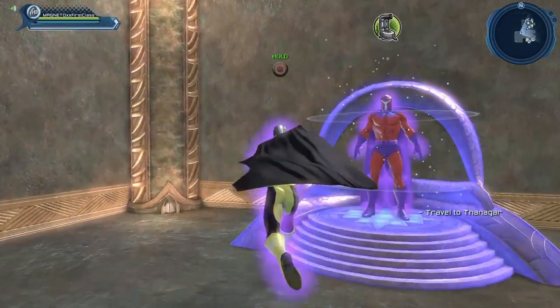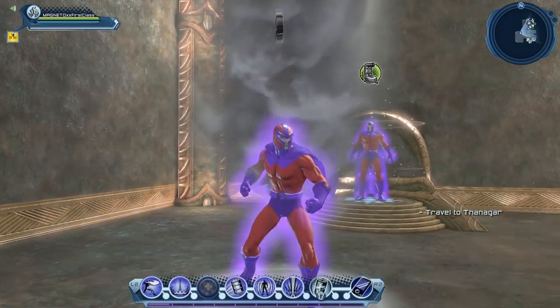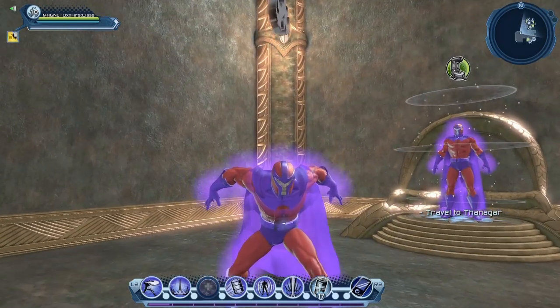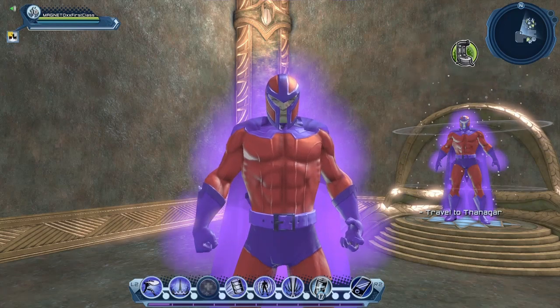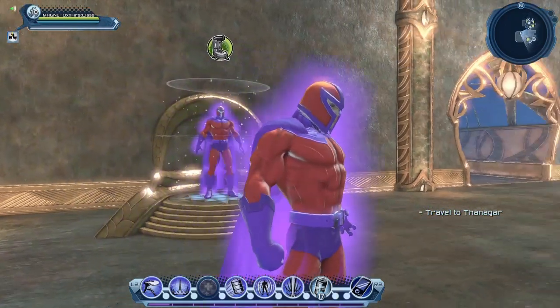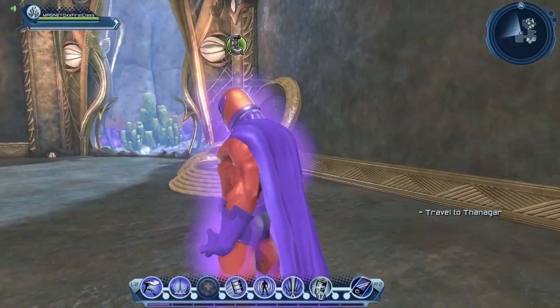At some point, I gave him a second armory. Oh, let's go with this other look. At some point, I gave him a second armory with the more traditional Magneto style, and then after a while, I would create, let's say, alternate versions of Magneto using the various styles that I would gather within this universe